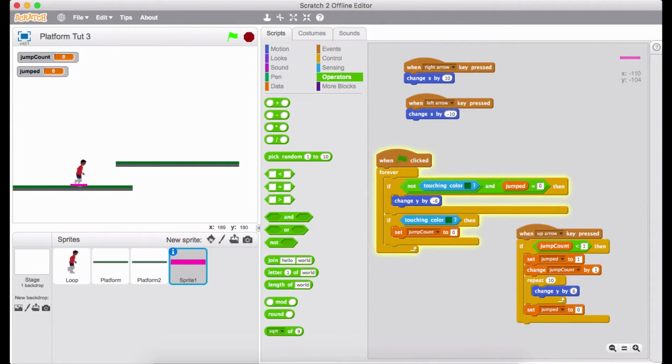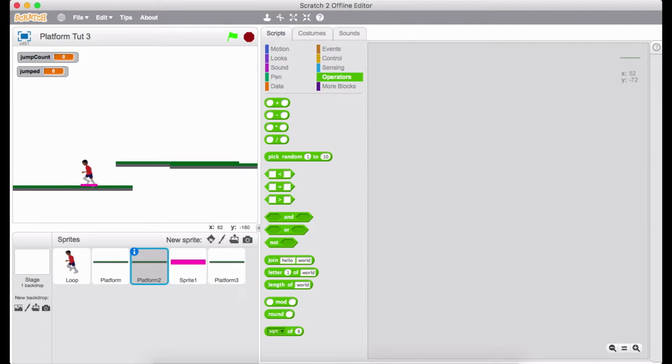So now I can jump around, jump from platform to platform, and let me duplicate this one, start to build up a bit more of a game here. I can jump to this platform, but I can also fall off the edge and fall off the edge of that one. And even if this platform was there, while I'm walking through it,